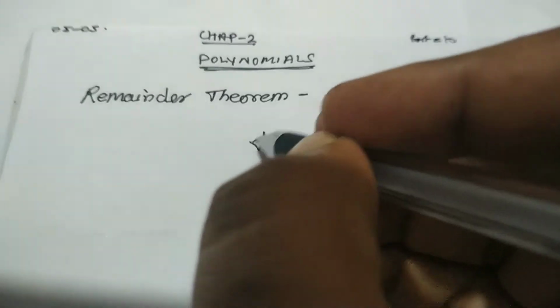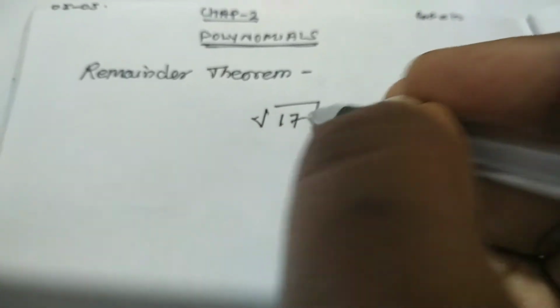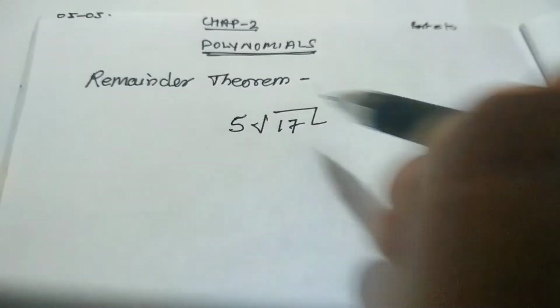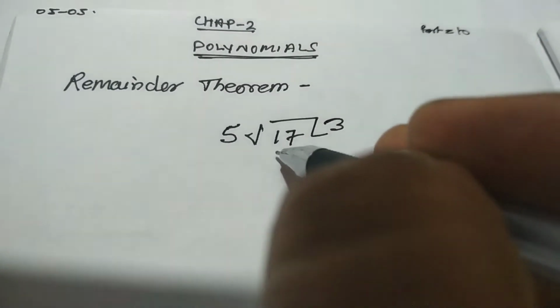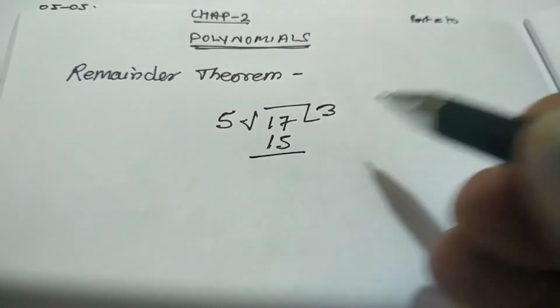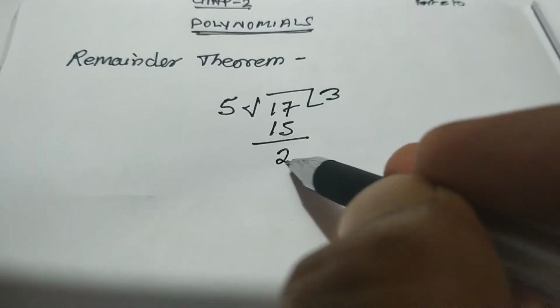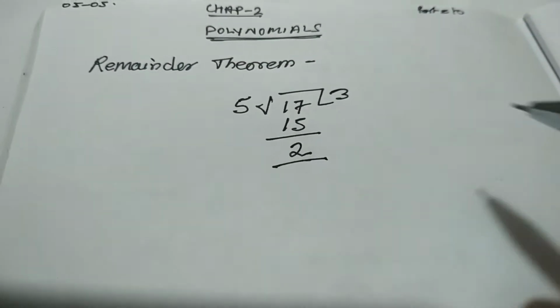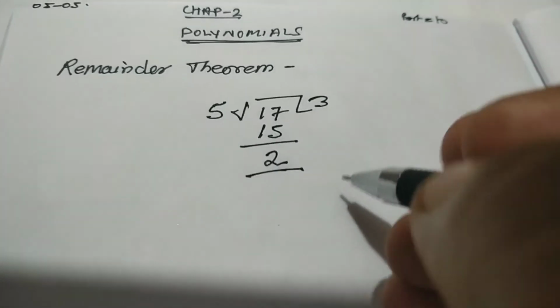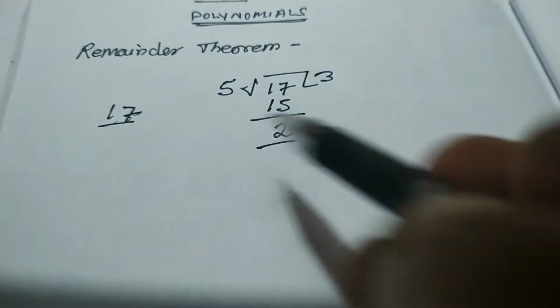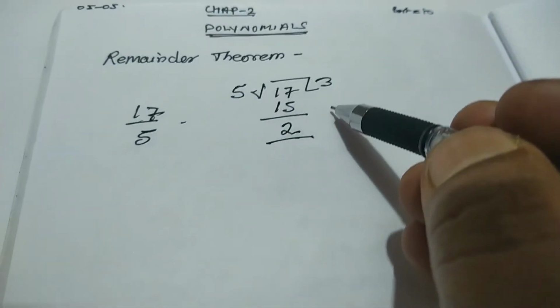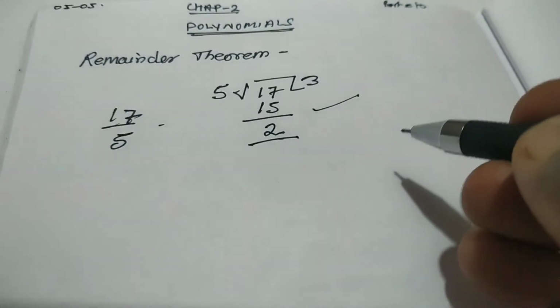If we divide 17 by 5, then the quotient is 3, because 5 threes are 15, and what is left is 2. That is called the remainder. In this case we have divided 17 by 5. We can divide it further, and